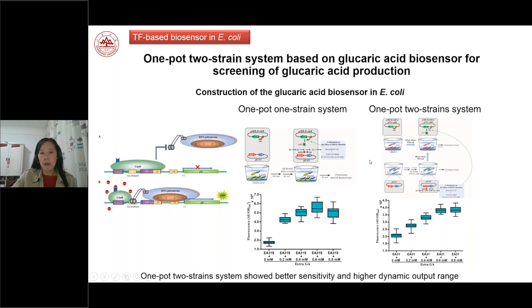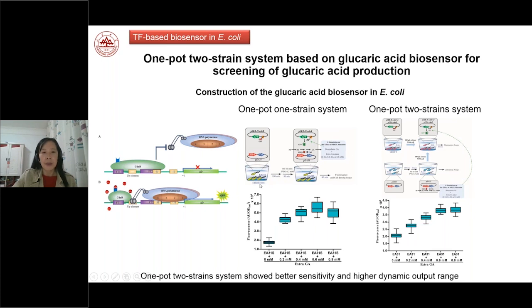However, for transcription factor-based biosensors, not all prokaryotic transcription factors can be transferred into the yeast system. So in this case, can we still use those kinds of sensors to screen yeast strains for high